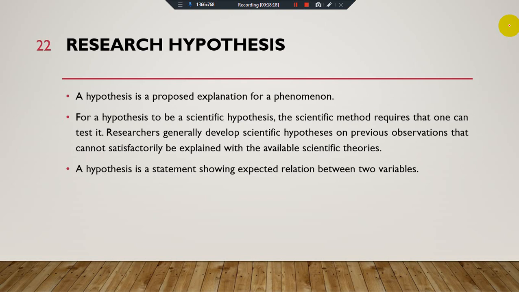As I have highlighted, we normally develop the research hypothesis with the help of previous studies, you can say with the help of the literature review, but we have to provide the heading of the research hypothesis in the introduction section. So keep in mind, while developing the research hypothesis, you have to provide a one-to-one relationship between the variables. You cannot put so many variables or more than two variables in one hypothesis. If you have a number of variables, then you can provide more hypotheses rather than one or two hypotheses.